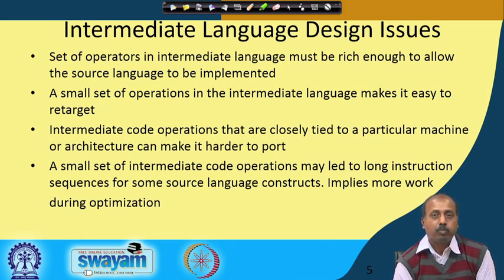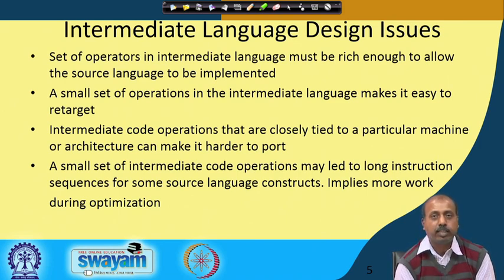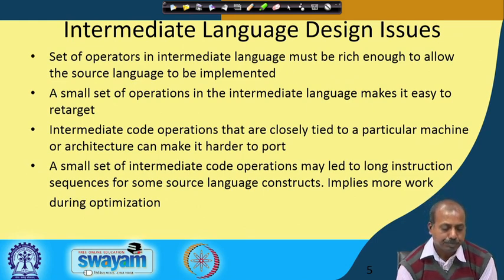Like, if it is not possible to do something in the intermediate language that is possible in the source language, then we cannot carry it forward. For example, maybe my source language allows real number arithmetic, but my intermediate language does not allow it. So naturally, this real arithmetic cannot be taken forward to the next level. So this type of problem can be there. So the intermediate language that we are suggesting will not be applicable for this particular case.